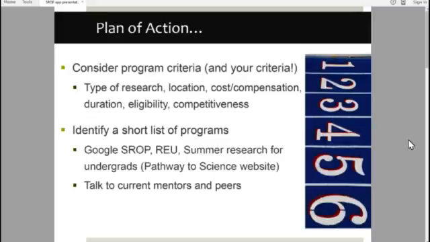Cost and compensation. Most of these programs compensate well enough that you wouldn't need to be thinking of an additional job over the summer. For a lot of students, the summer income is really important for preparing them for the upcoming academic year in terms of financial resources. So it's great that these programs are designed that you should be able to earn some money or save some